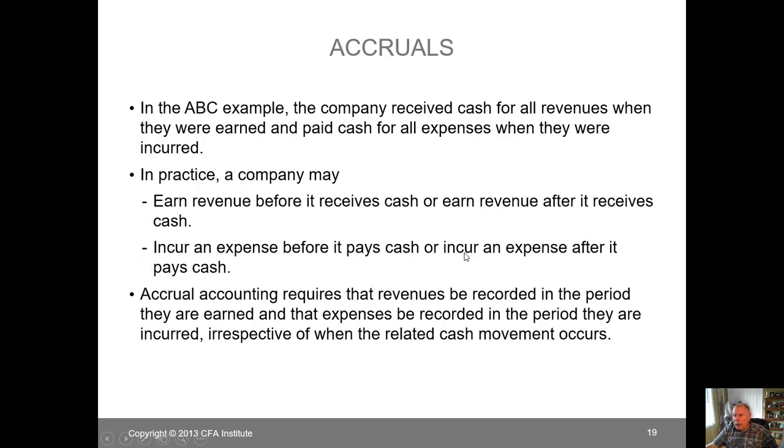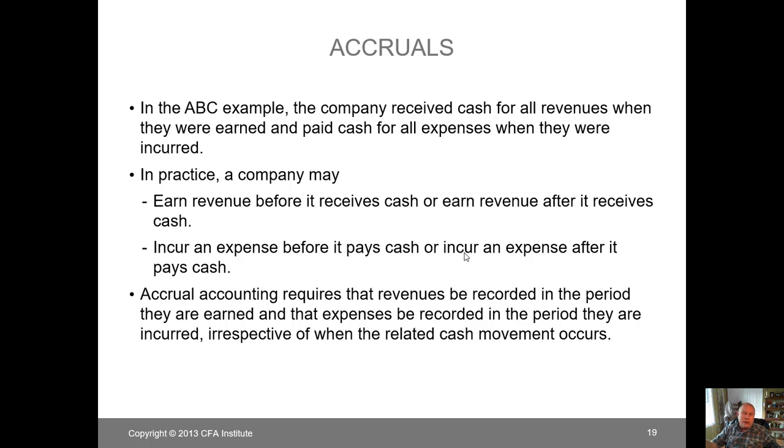Okay, we operate for the most part, the firms that we're dealing with, on the accrual method of accounting. That contrasts with the cash method, where revenues and expenses are recorded when they are received or paid. Okay, so we use the accrual basis of accounting, where when we earn the revenue is when we recognize it, not when the cash comes in. So we would set up an accounts receivable. We're going to look at this as ASC 606 once we get going.